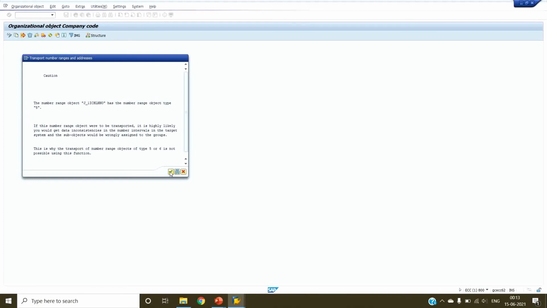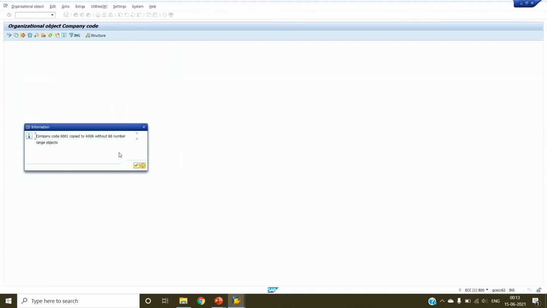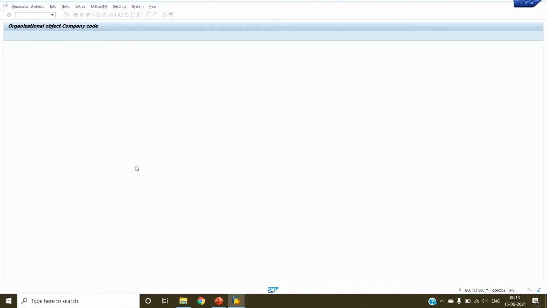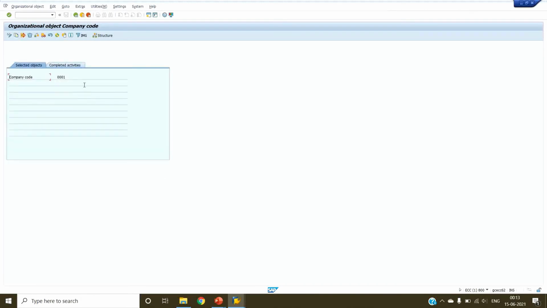Again OK. Now it is saying company code 0001 copied to A006. That's our company code and it has been created successfully. In completed activities, we can see that company code 0001 is copied to our company code A006.